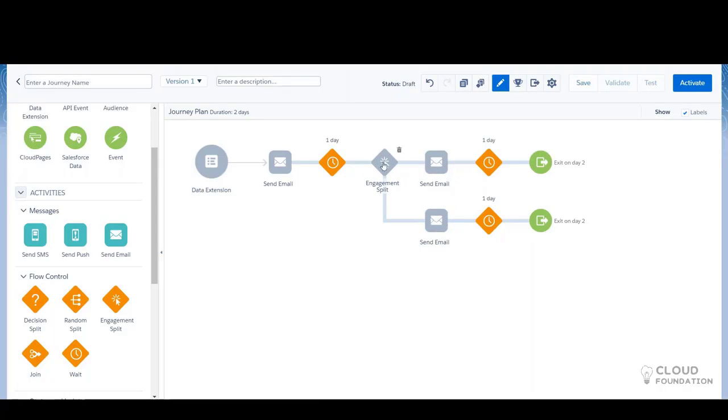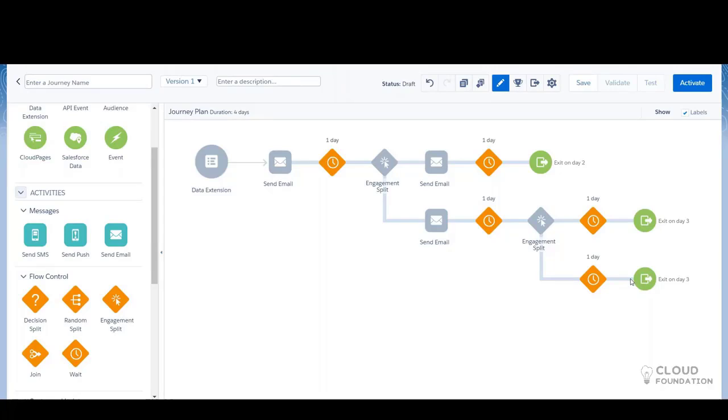So like this, I can create a journey. I can have waits. I'll send out an email, I'll wait for 10 days or one day, and then based on the customer interaction, I'll have different paths. I'll use the engagement split. If a customer opens an email, I'll send some other stuff in another email. If they didn't open an email, I'll send a reminder email. Let's say still they didn't open the email. What I'll do is have the engagement split here, and I'll send an SMS.